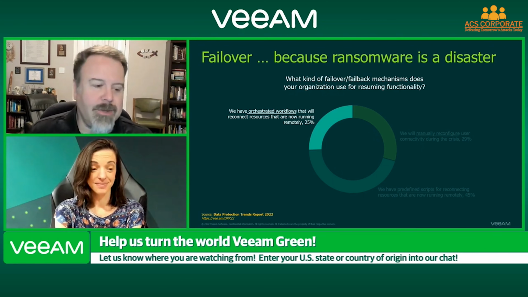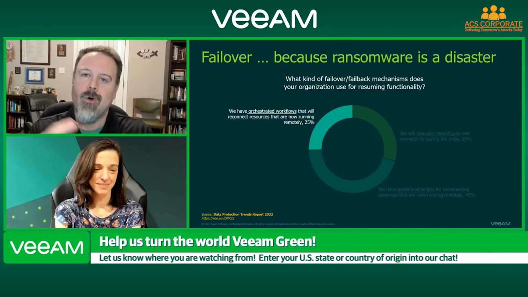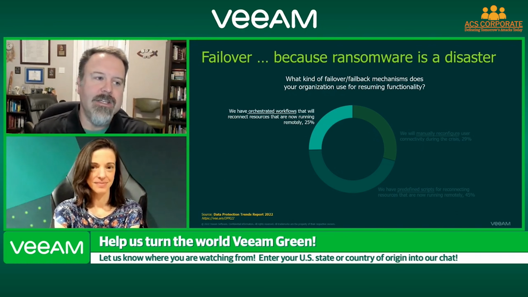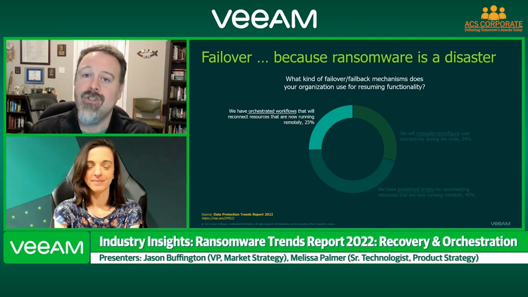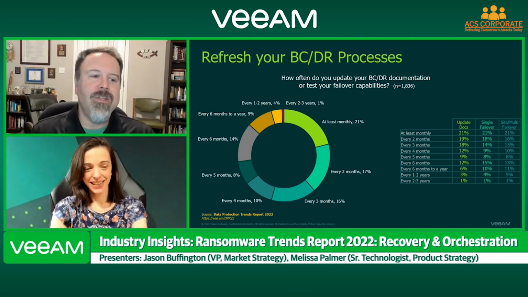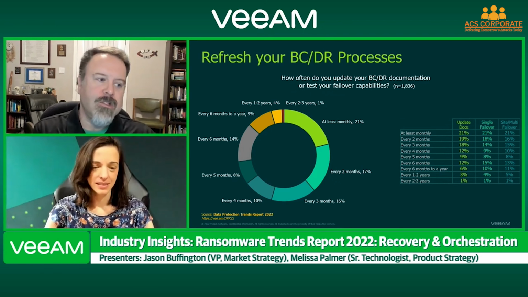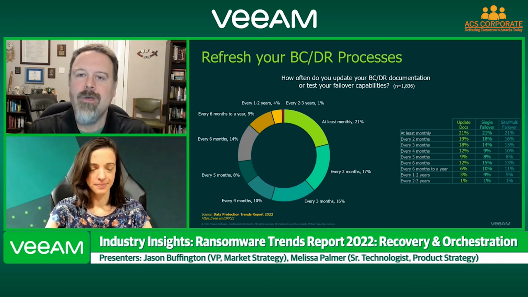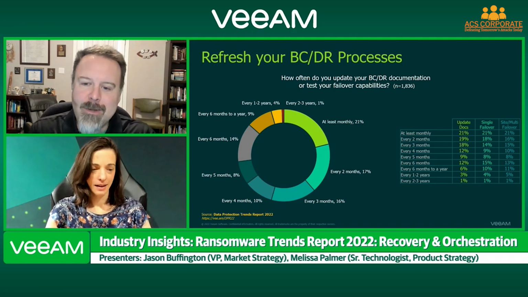So all right. That's the second of the three elements that we see from leveraging orchestration, and that is the failover mechanisms along the way. I'm going to bring up the third part though, because you've mentioned testing a few times along the way. So this is actually a new slide. This one actually had fallen out of our earlier series from the Data Protection Trends Report. So even though it's not part of the ransomware project, I wanted to bring it up because Melissa, you authored this question in the DPR survey. So you need to be the one to unpack this.